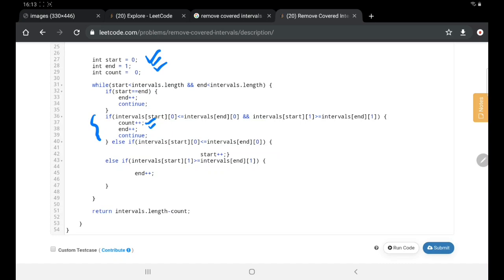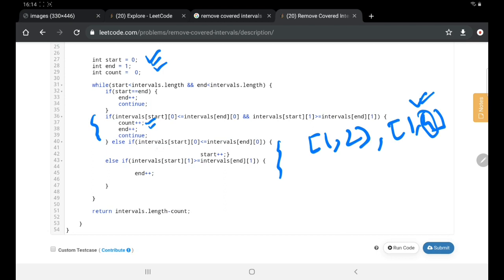Okay, and suppose we have some case like we have 1 2 and 1 4, right? In this case we can see neither of these two is covered, right? So we will pick this one. Why? Because its end time is larger than this one, right? So we are checking this logic using these two conditions, right? So suppose this is our start pointer here and this was our end pointer, right? If I see that this is larger, then my start pointer will point to this one and we will increment end later. Okay, so we are checking which one to pick.